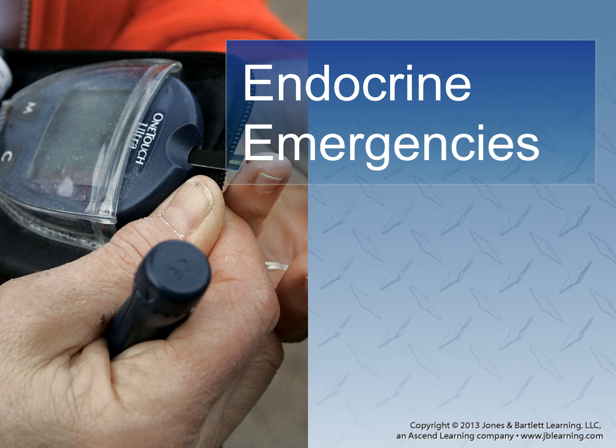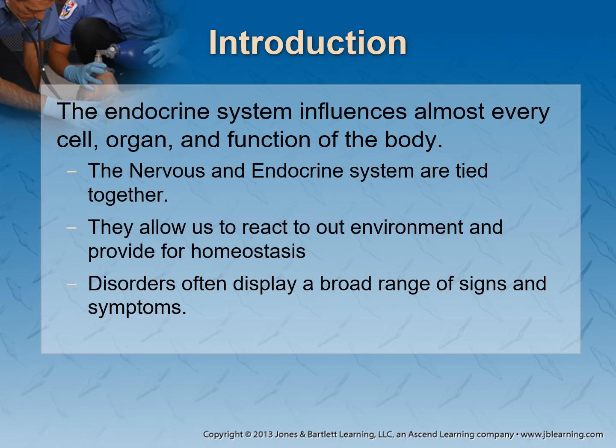Definitely, you'll need to focus on the sugar problems or the insulin problems, and then have a good, I guess you might say, working knowledge of the problems with thyroid and the adrenal cortex. The endocrine system influences a whole bunch of stuff. A lot of people will think of the nervous system as the hardwire system, and the endocrine is more like your software. And I like that idea.